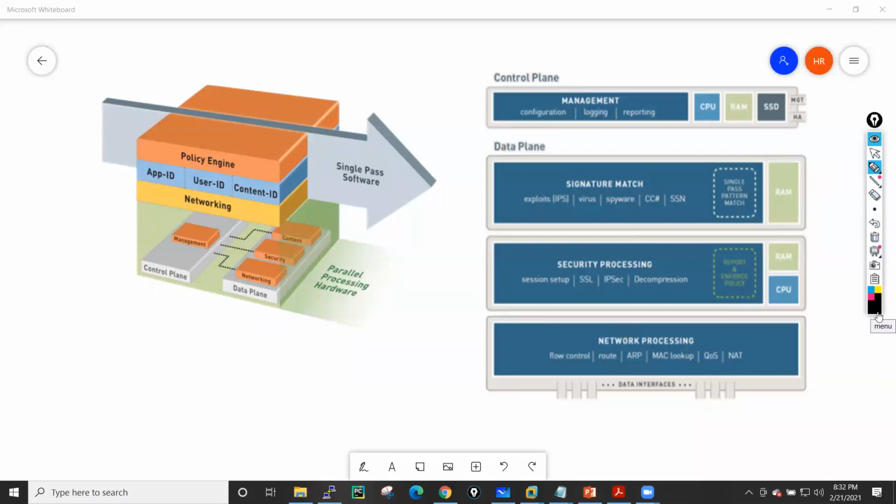All these three processors, or three engines, have dedicated RAM and CPU. They have dedicated RAM and CPU, means they don't have resource dependency on each other. They do not have any kind of resource-level dependency.